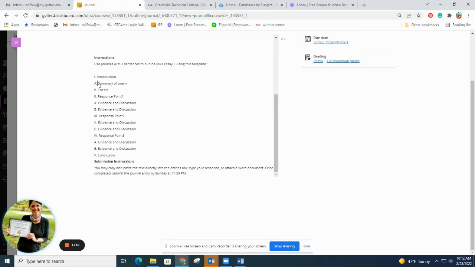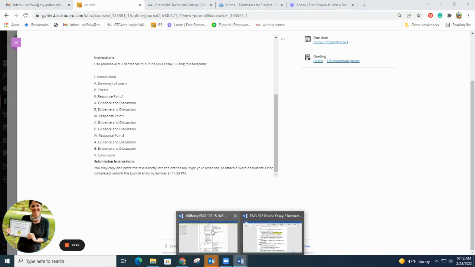But for the introduction, it tells you exactly what you need to put in there, starting with a summary of the poem. Summaries are pretty brief, pretty general. Think about it as if you had to explain to somebody who'd never read the poem before what the poem is about in 2, 3, 4 sentences, what would you say? And then your thesis statement.